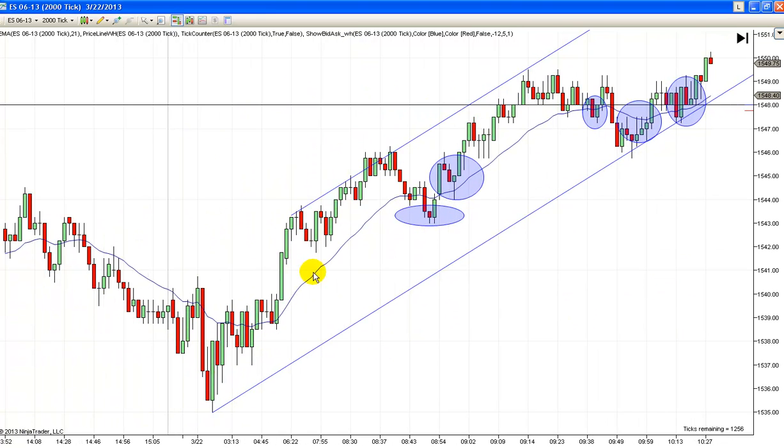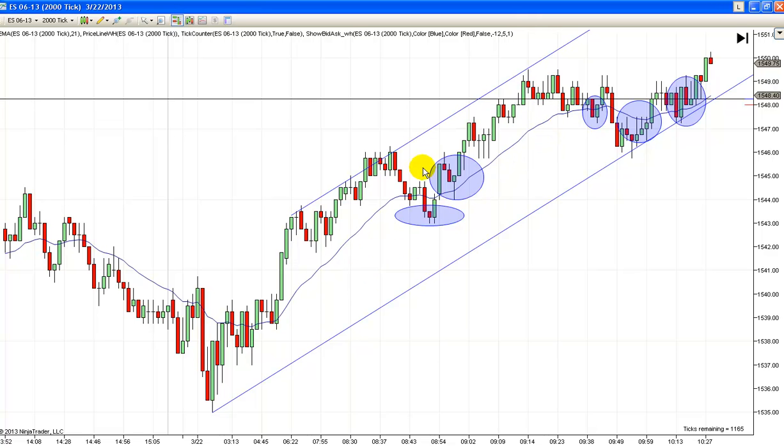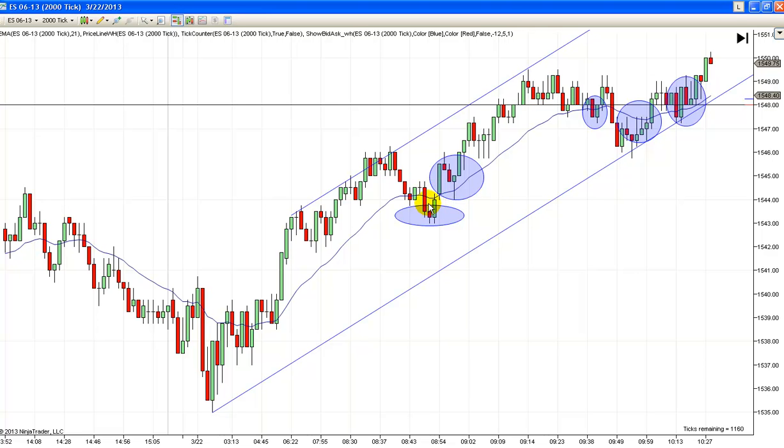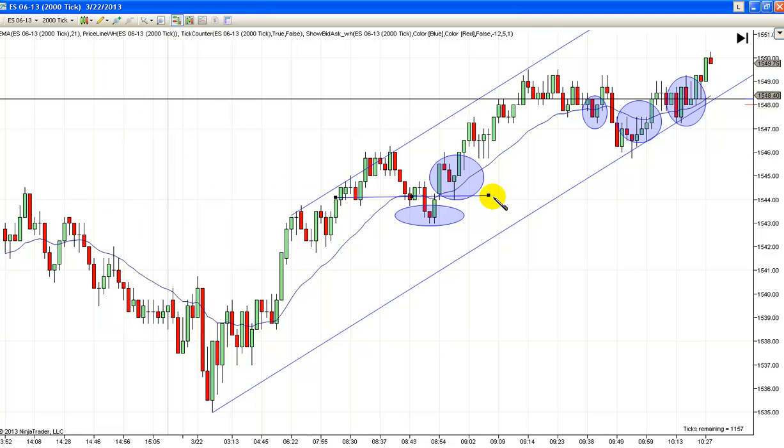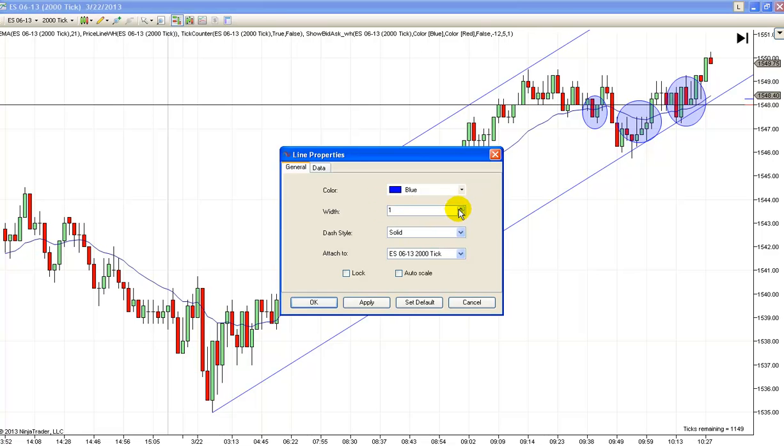No matter how you look at this, it's obvious this is an uptrend. Look at the EMA. It's pointed almost straight up. Look how everything's above the EMA. We got a little bit below it right here, right after the open. All that is a trap. And you really should have your line across here, so you can see this. You can see there's definitely